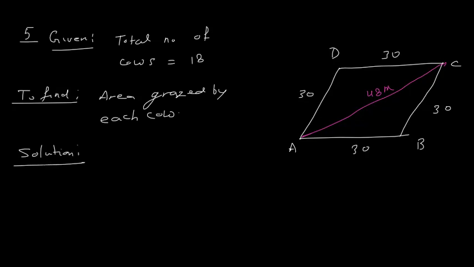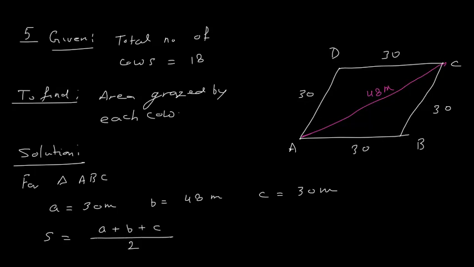Now this rhombus has area double that of this triangle ABC, so I will first find the area of triangle ABC. In a rhombus, the diagonal divides the rhombus into two equal areas. So in the solution, for triangle ABC, I will consider small a, the side opposite to vertex A, as 30 meter, small b as 48 meter, and small c as 30 meter, and I will find the semi-perimeter S, which is a plus b plus c